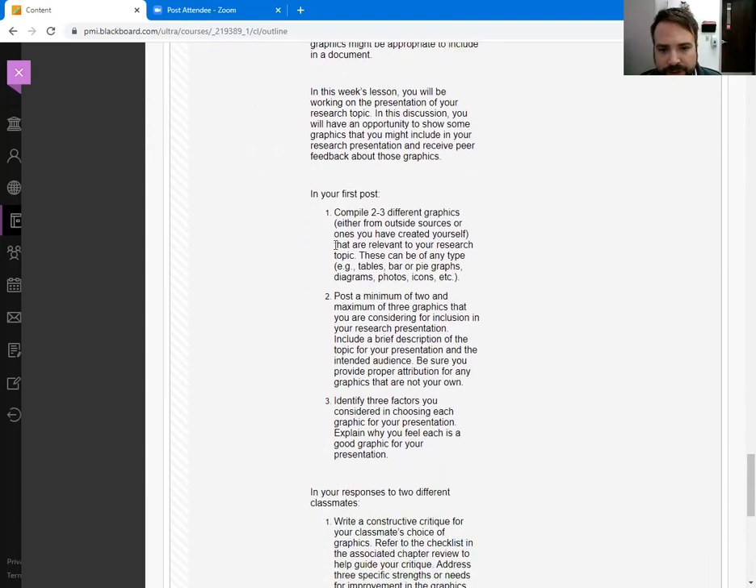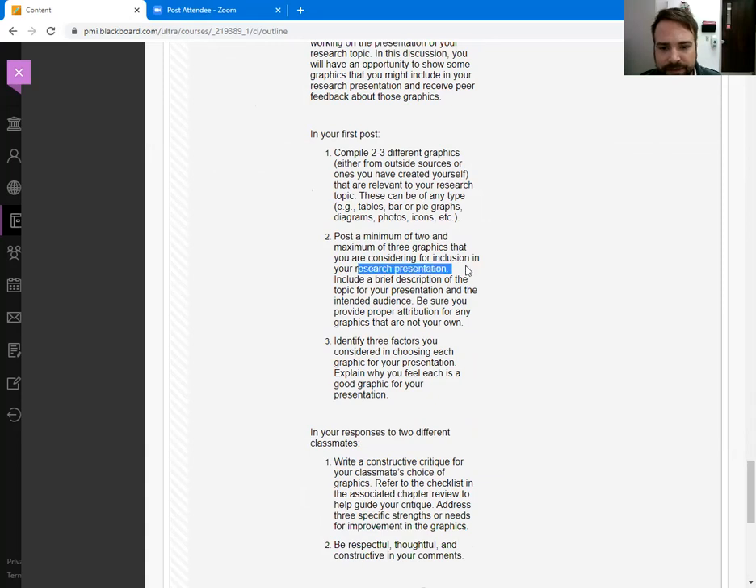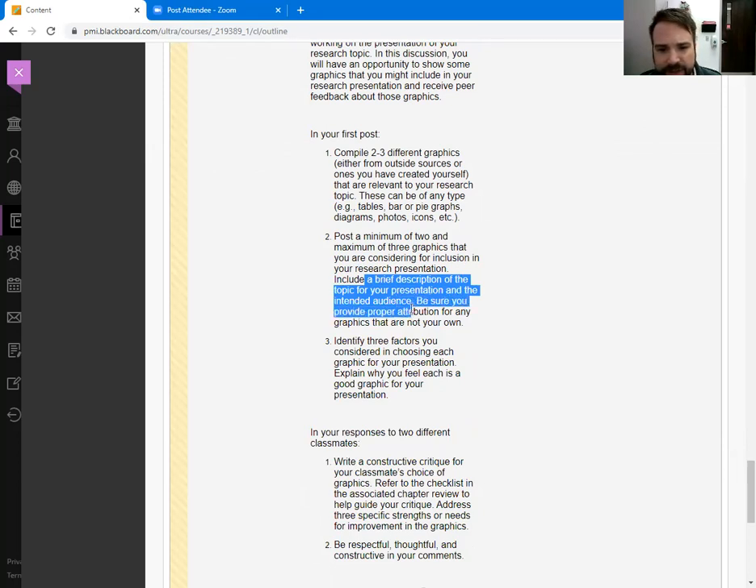So in your first post, you're going to compile 2 to 3 different graphics, either from outside sources or ones you've created yourself that are relevant to your research. So you're just going to attach the graphics into your actual post. Post a minimum of 2 or a maximum of 3 graphics that you are considering for inclusion in your research presentation. Include a brief description of the topic of your presentation and your intended audience, and provide proper attribution for